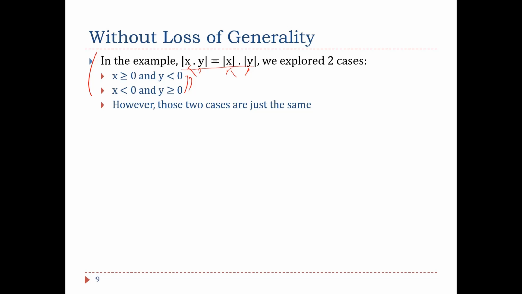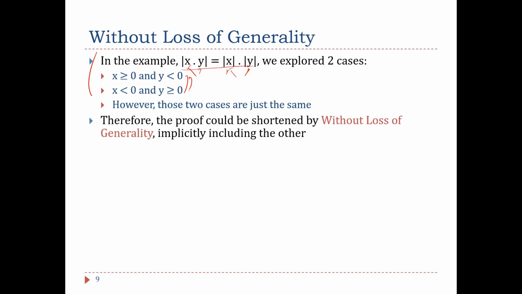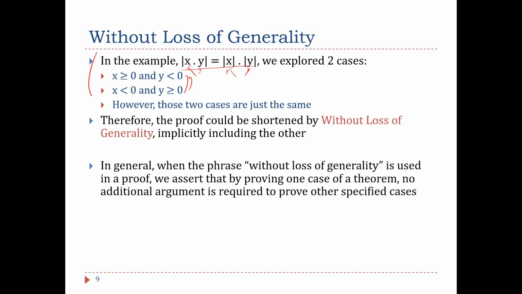It's the same. So this is why we can prove one of them and say that without loss of generality, the other case would also hold if the first one holds. So in general, when the phrase without loss of generality is used in a proof, we assert that by proving one particular case of a theorem,